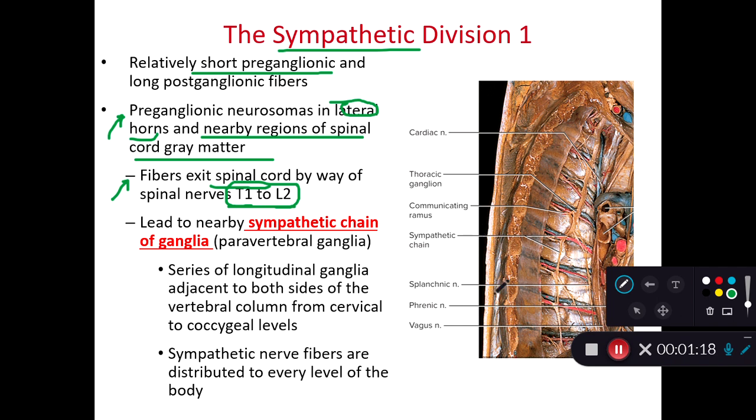These are all going to lead to the sympathetic chain ganglia, or chain of ganglia, sometimes referred to as the paravertebral ganglia. And I love this name, paravertebral ganglia. It's next to the vertebra. It's para, so it's to the left and to the right, and they're ganglia, clusters of neurosoma outside of the